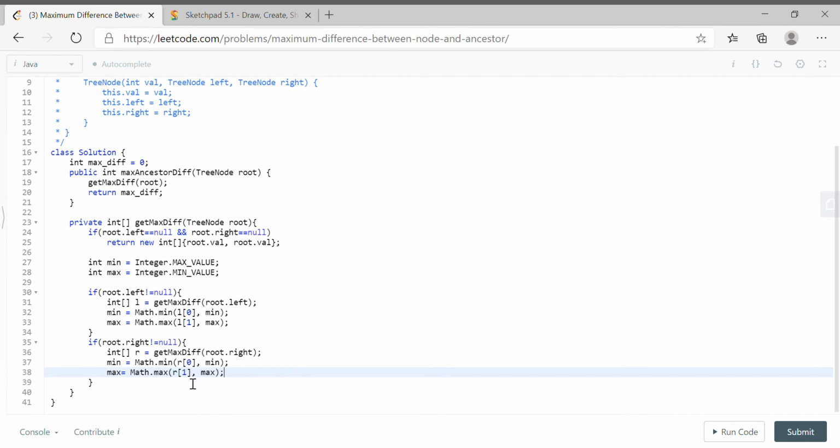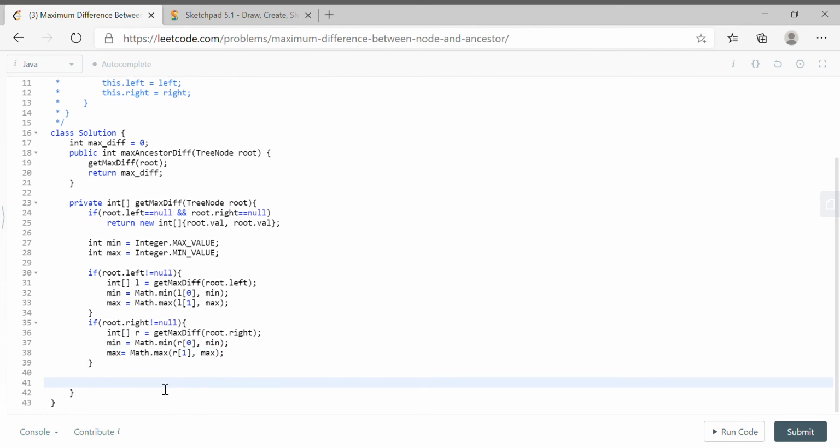Now we have min and max, so we need to find the maximum value with the root value, right? So int diff is equal to Math.max of Math.abs of root.val minus min, and Math.abs of root.val minus max. Okay, I will explain.